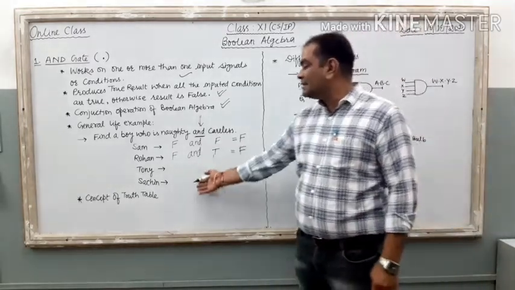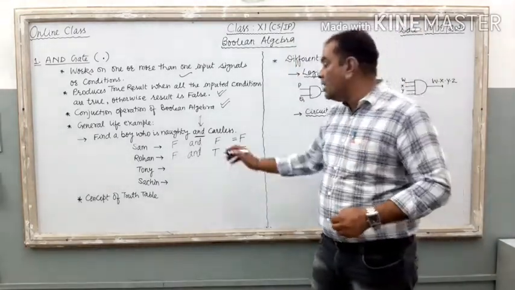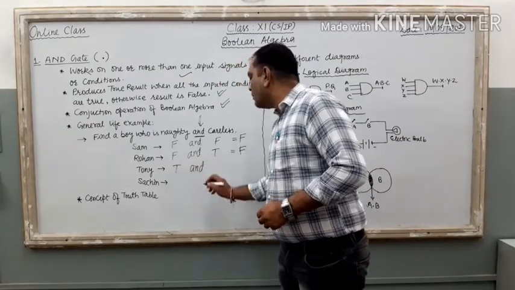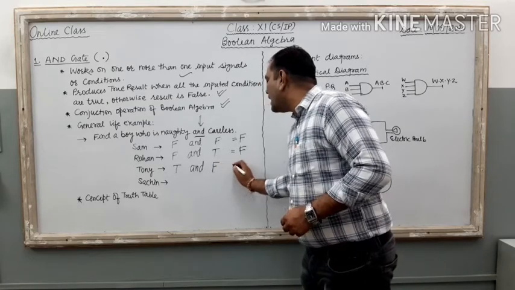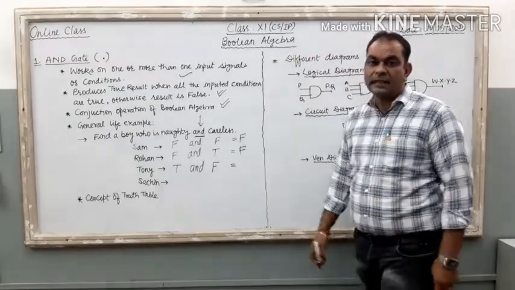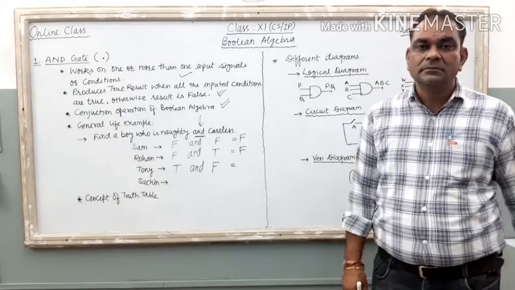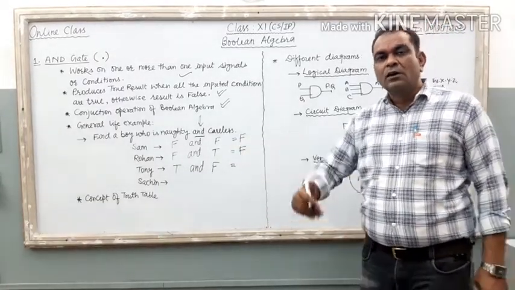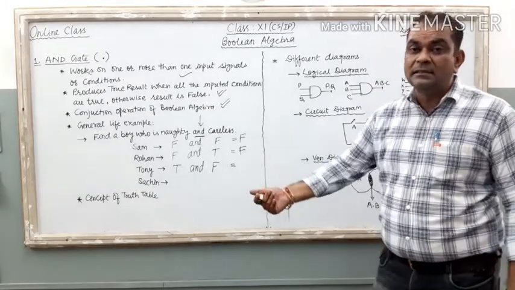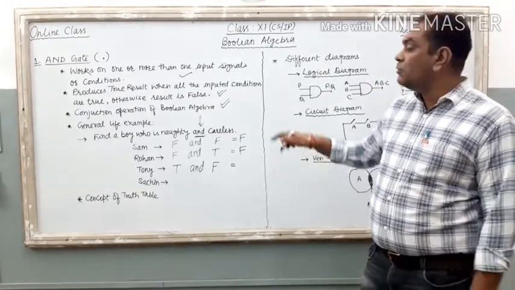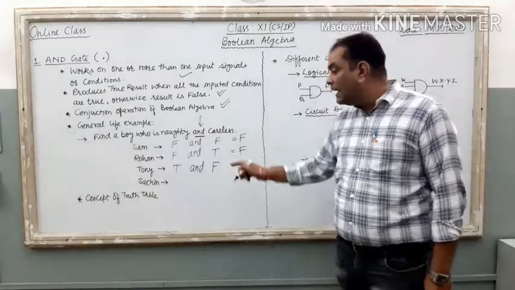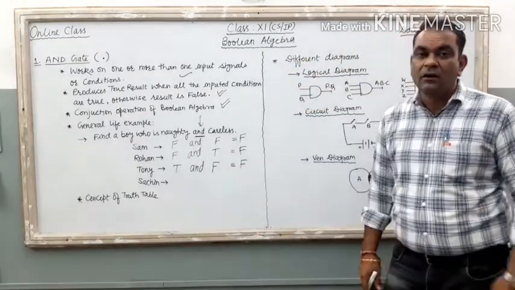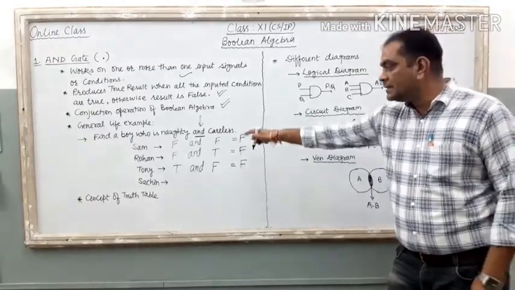Next one, just check this Tony. Now we find that Tony is a naughty boy, but he is not a careless boy. Can you filter Tony? What is the result? Two conditions. One condition is true, second one is false, but the statement says you have to filter the boy who is having both the conditions. Here, Tony is not going to be filtered by us. False. We cannot filter Tony according to this statement.